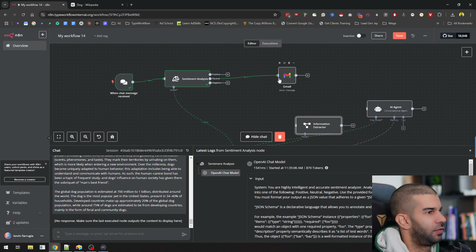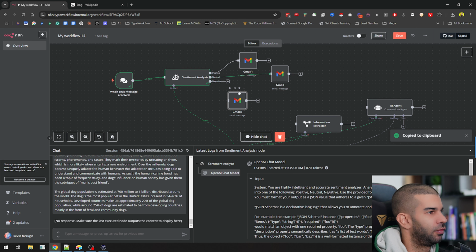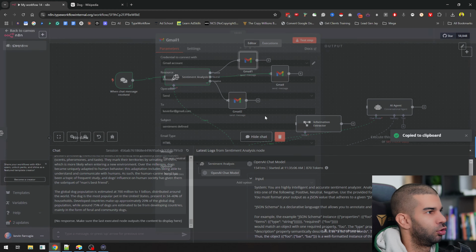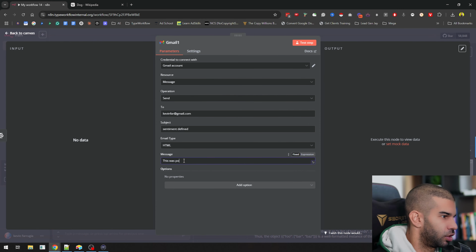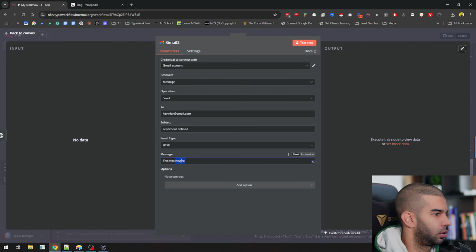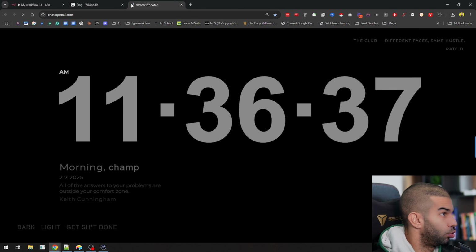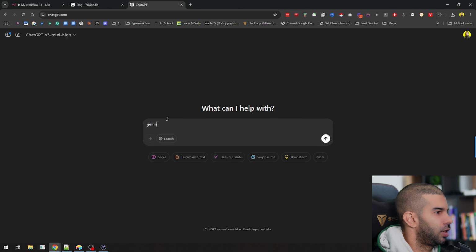So what I could have is I could clone this just for the sake of this demo. So duplicate this. We could have one for positive, and we could also have one for negative. All I need to do is just change this. So say this was positive, and then here we could say this was negative. And just for the sake of this example, let's go to ChatGPT and say generate 3 pieces of text